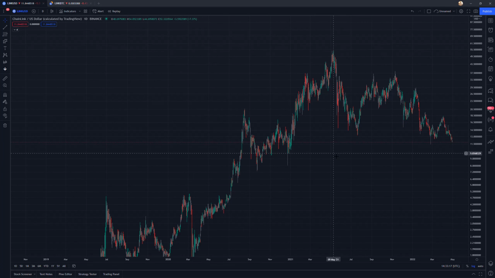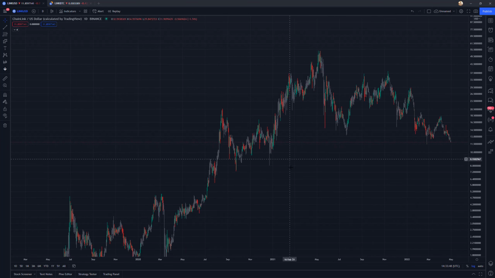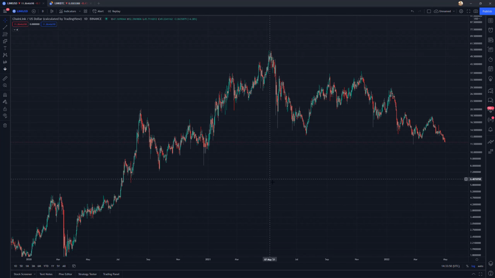And if you look at this chart, we're already back to the same price we were in August of 2020, which is pretty significant. If you recall, Bitcoin was roughly $11,000 to $12,000 in August of 2020. So there's definitely a very big difference in the price now versus back then, because Bitcoin is obviously at $38,500, which is 3x higher than it was in August 2020, but Link is still at the same price. So that could be because of a few reasons.